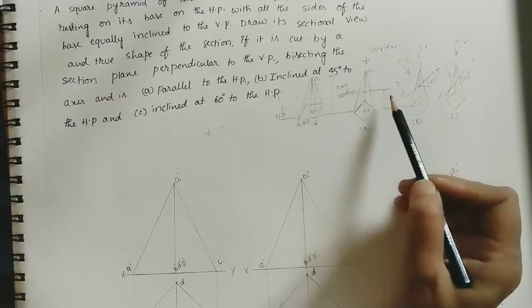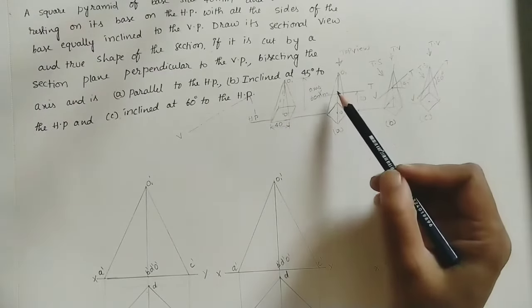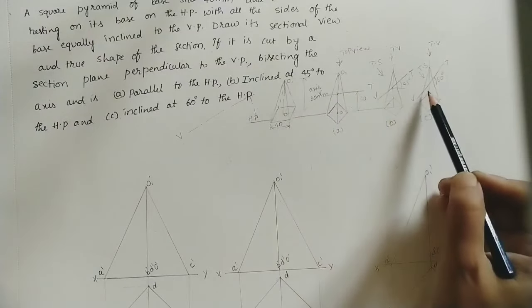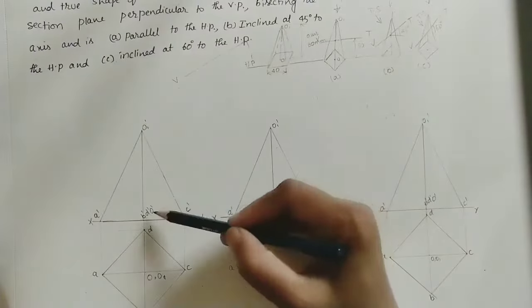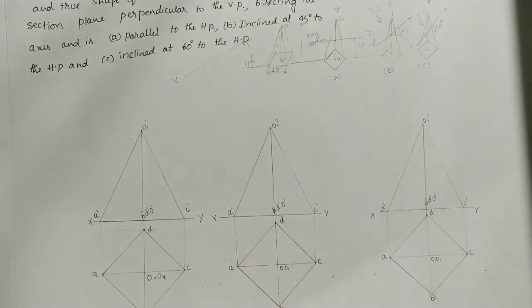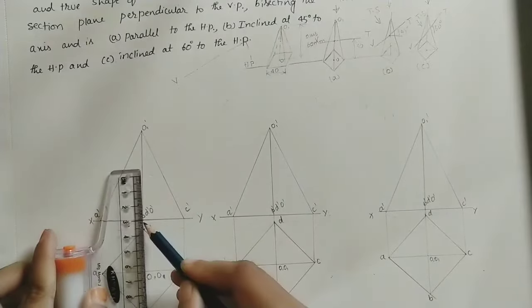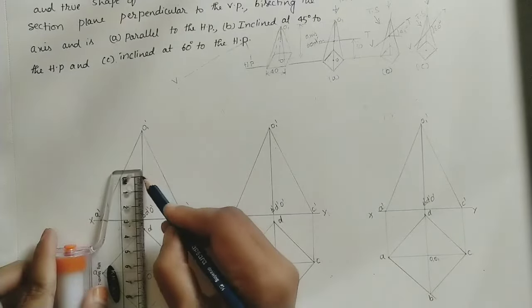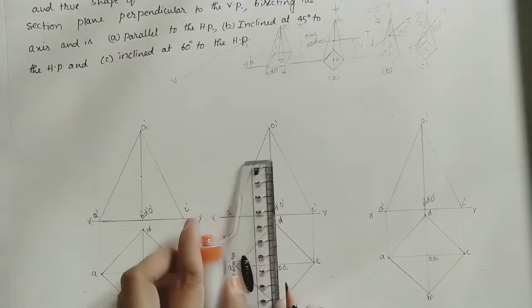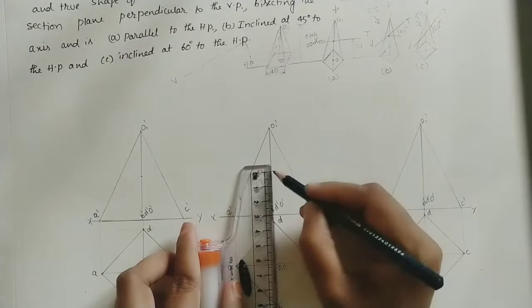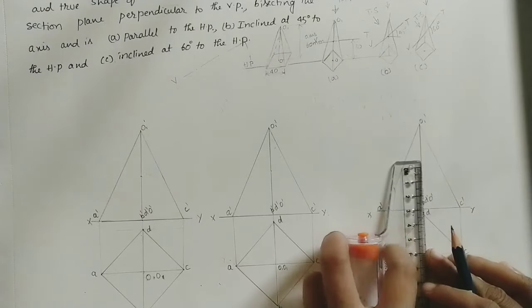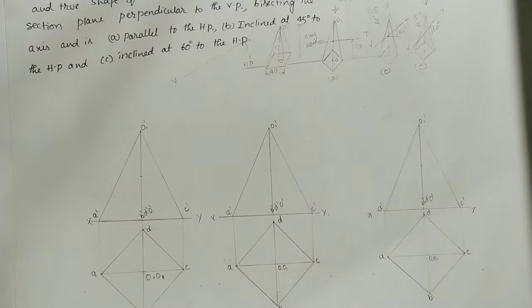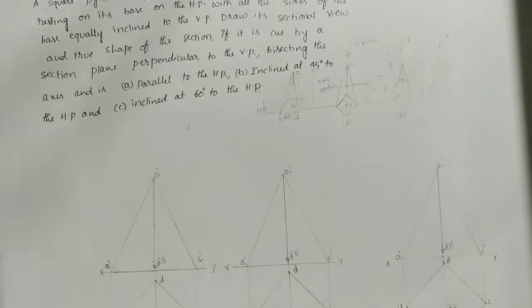So here we have to take the cutting planes in different positions, but this cutting plane in all the 3 cases passes through the center of the axis, that is 30 mm from the base. So in all the 3 cases, mark the middle points on the axis. Take 3 centimeters from this XY line, and here also mark that point, and from here also mark the middle point. Here also 3 centimeters.